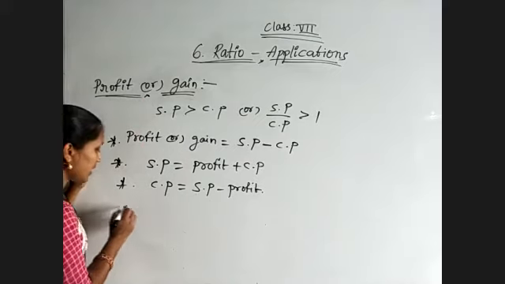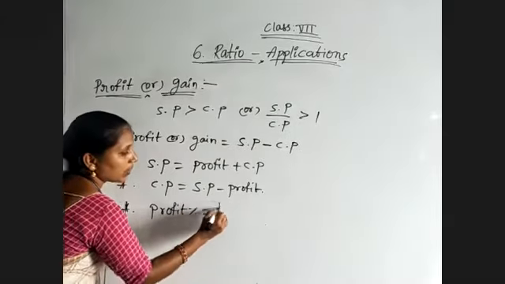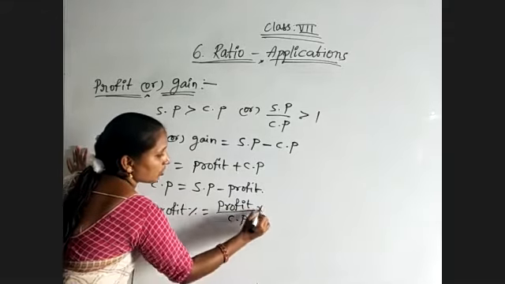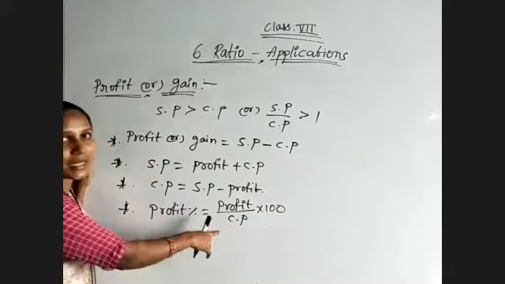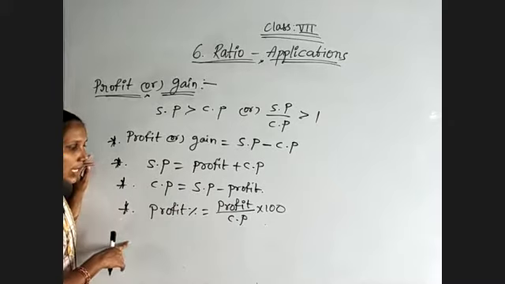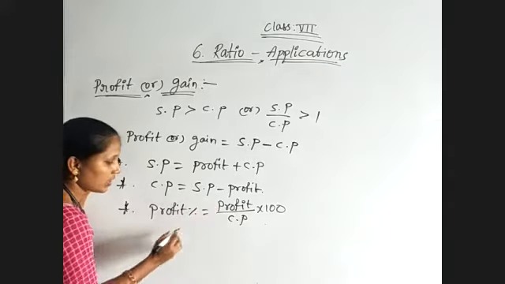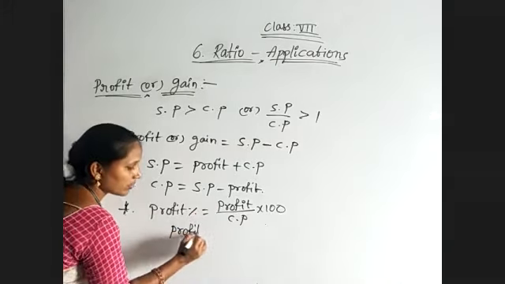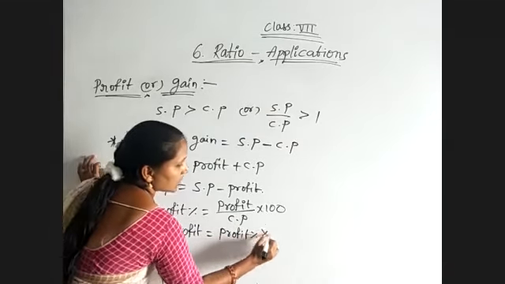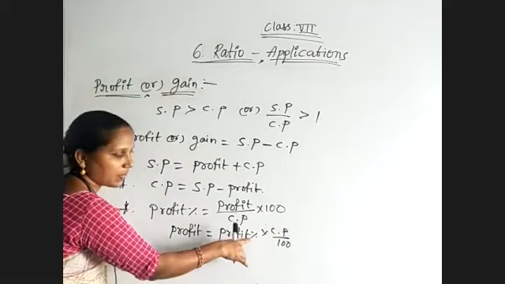And we have percentages also. How are we using percentage here? Profit percentage is equal to profit by CP into 100. Always, percentages depend on the original value. The original value is CP. Okay. Profit by CP into 100. So if they give profit percent and CP, how do we find the profit? Profit is equal to profit percent into CP, divided by 100. Actually, when we write percentage, it means by 100 will come here only.